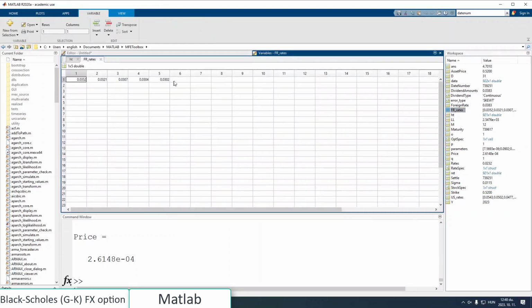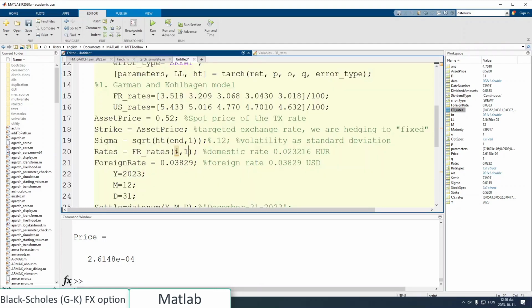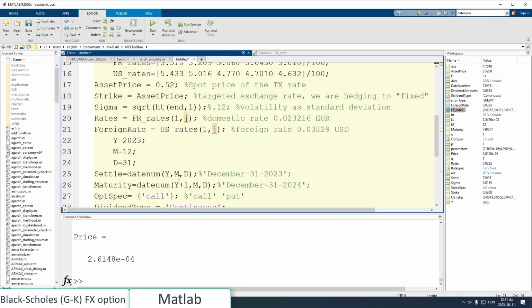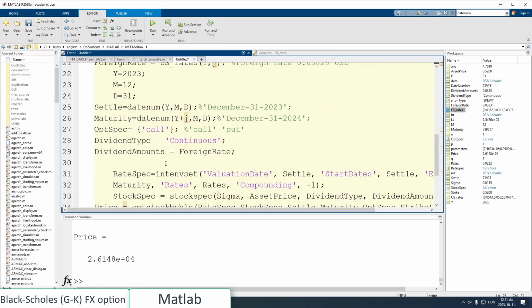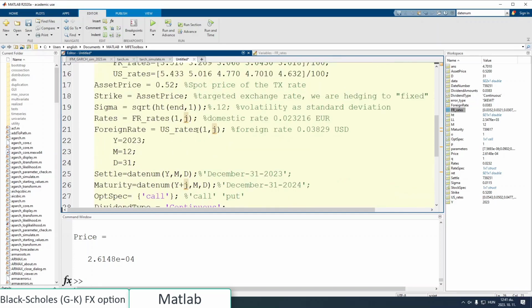Okay, it's a row vector, so practically everything has only one row. It will have J columns, and the same is for the US rates. Okay, and then we can say that this is not +1, this will be +J, and the output will also be 1 + J,